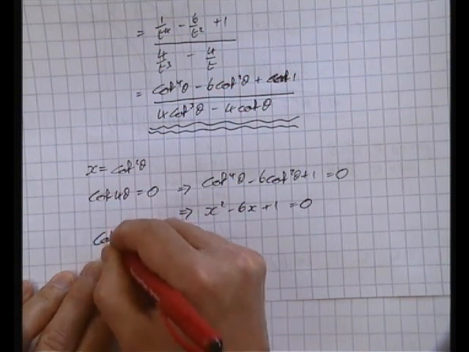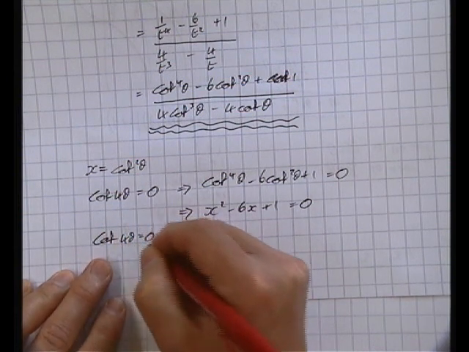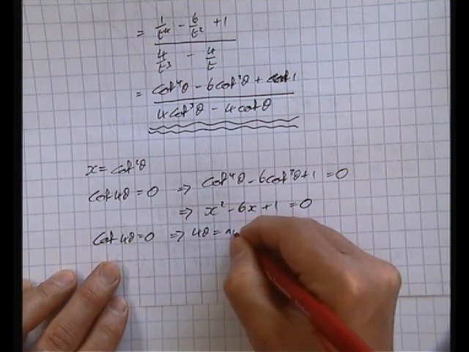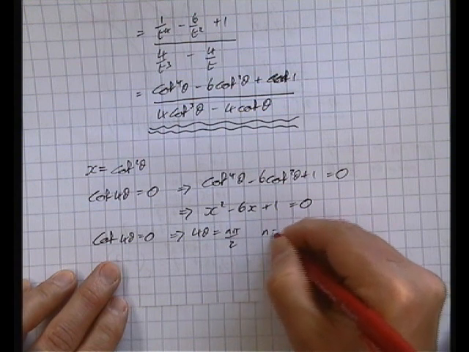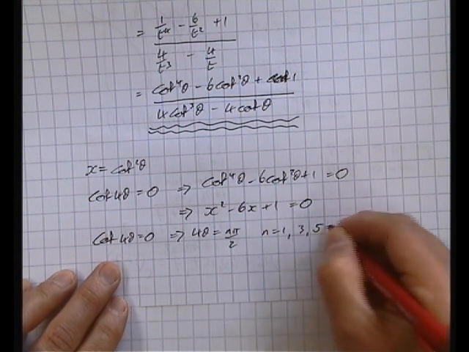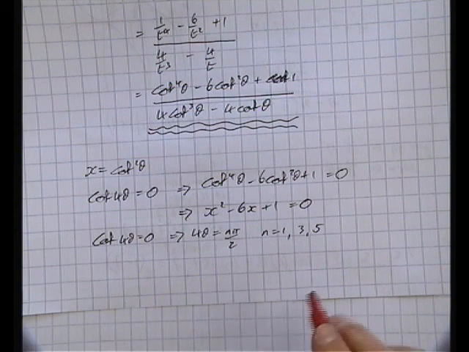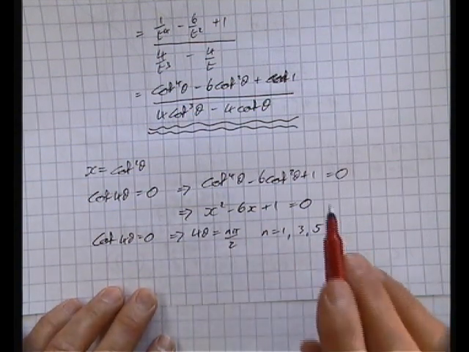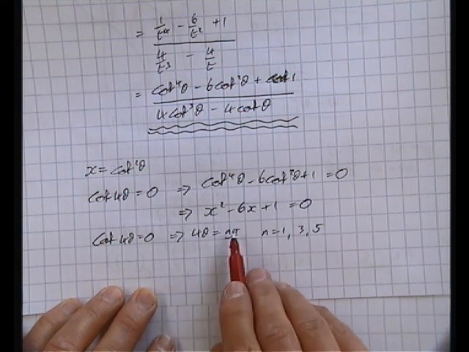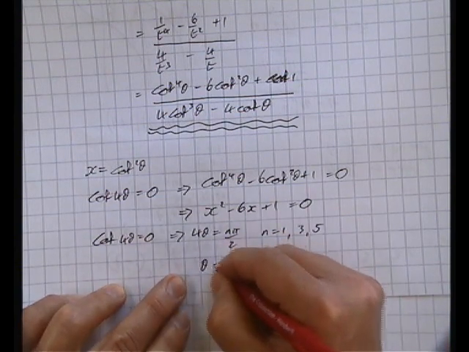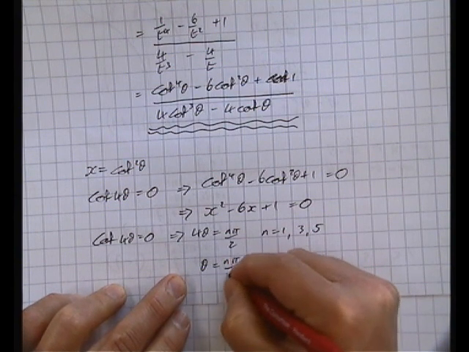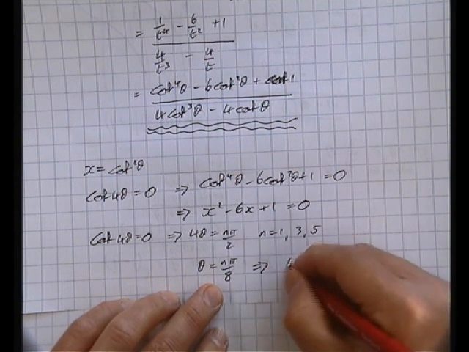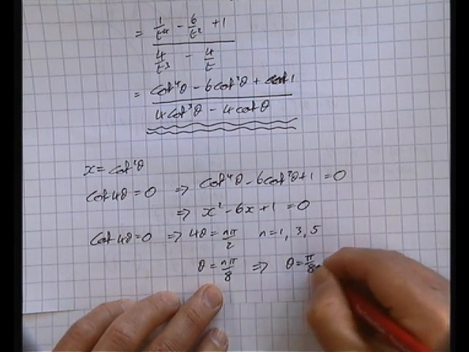Now, if cot 4 theta equals 0, then that implies that 4 theta is n pi by 2 for n equals 1, 3, and 5. These are the values where cot theta actually equals 0, the values where tan theta obviously heads off to infinity. So if 4 theta is n pi by 2, then theta is going to be n pi by 8. Now we only wanted one of these, so that implies that theta equals pi by 8